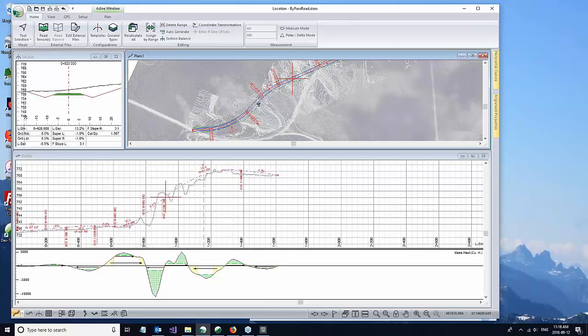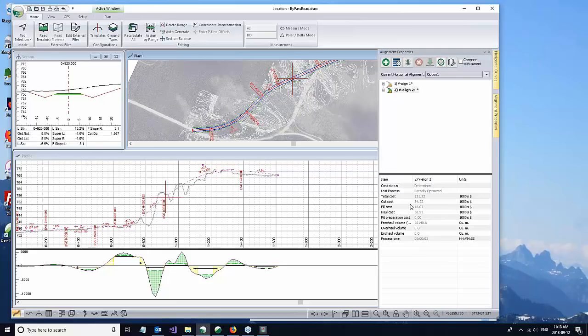So this was an alignment that was hand engineered, and it was not a very expensive road, a short road, just a connector road, low standard, and it was about $130,000 based on our usual cost factors. And that includes some hauling and cutting and filling. Okay, not an expensive road. And I took this road and